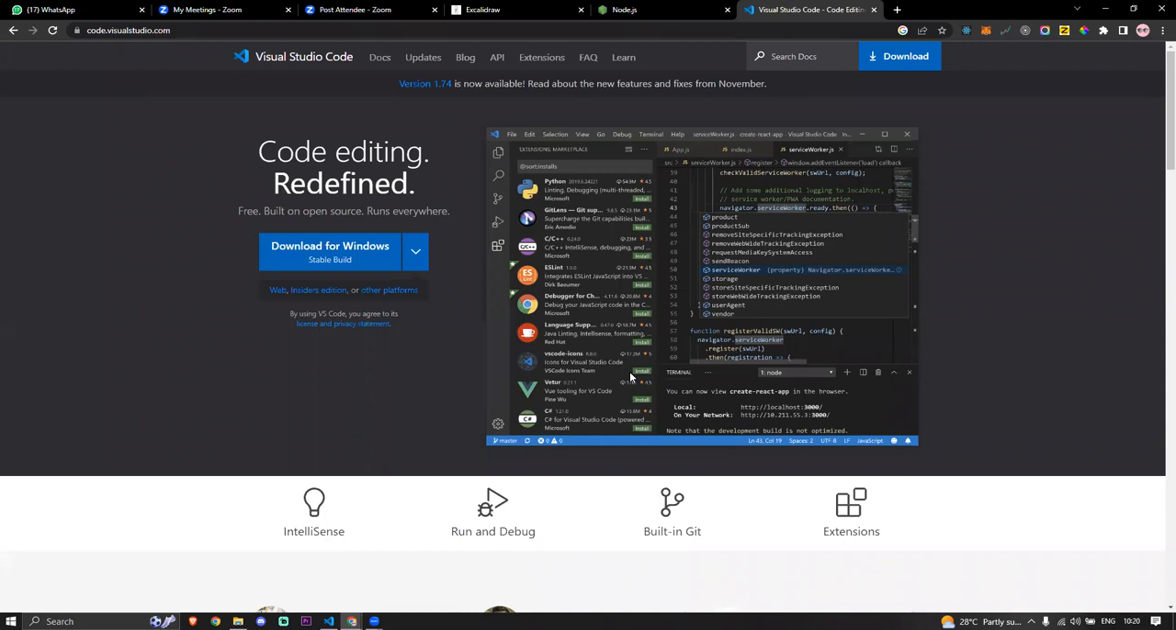The first step, why I'm explaining this, is because a lot of people are jumping directly to React without knowing any JavaScript. So if you want to start a React application to build some good project for your future, or some product